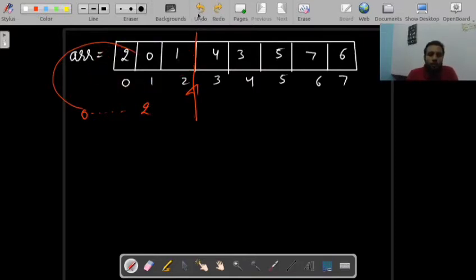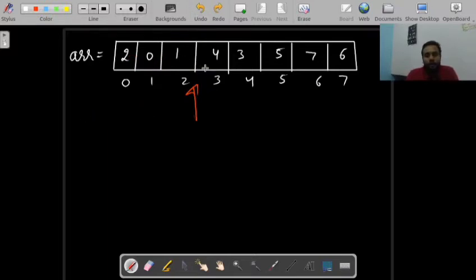If I sum these numbers, which is 2 plus 0 plus 1, it is 3, and if I take the sum of these indexes, both will be the same. Let me try to explain it again.